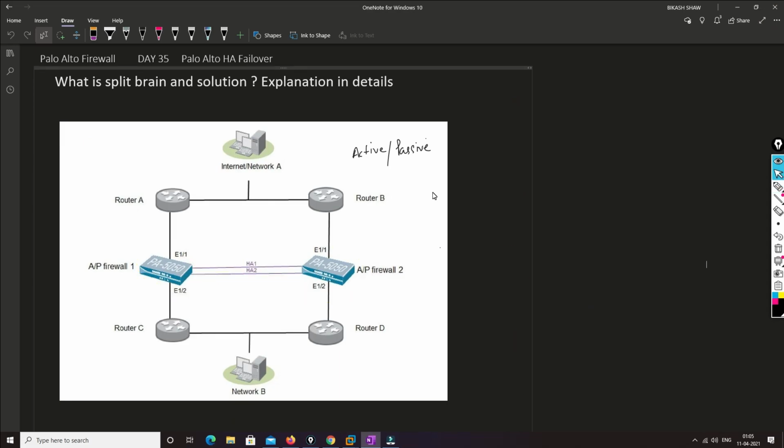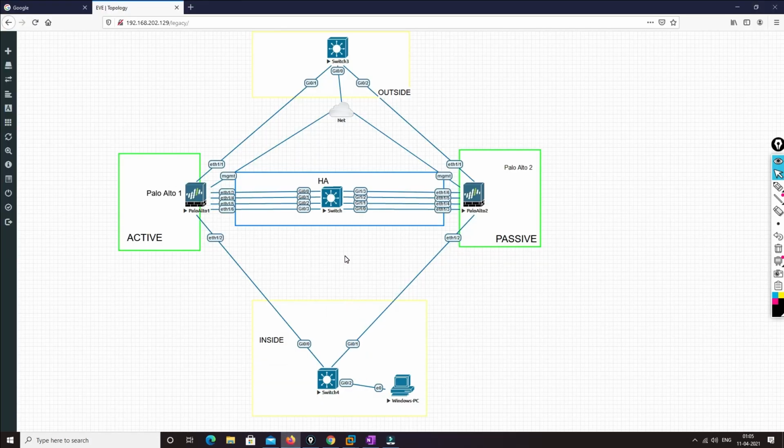So now friends, we'll move on to the practical part and I'll show you how a split brain happens and what the solution is. I've taken the same scenario I used when we configured active and passive. Let me tell you how the connectivity is.